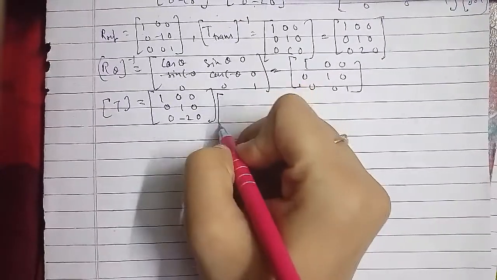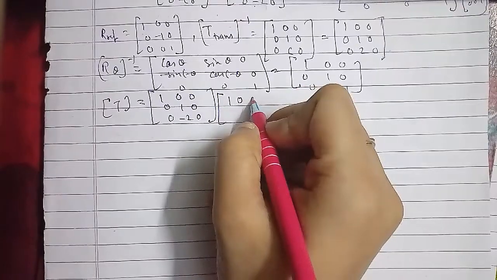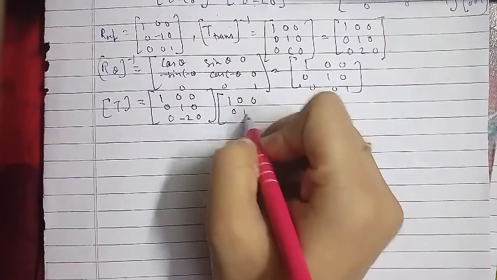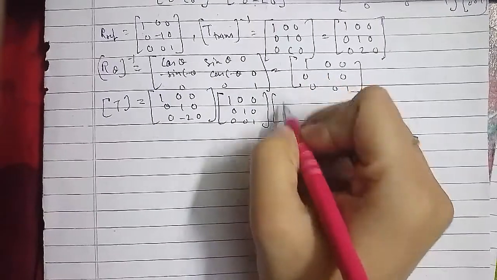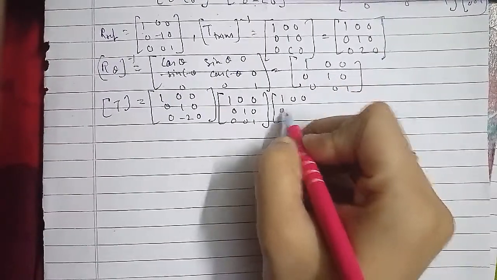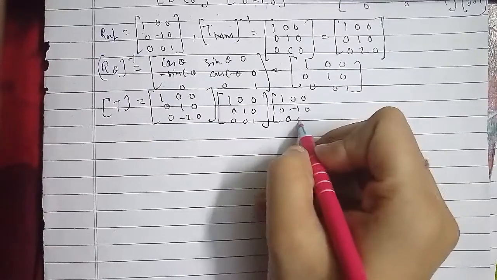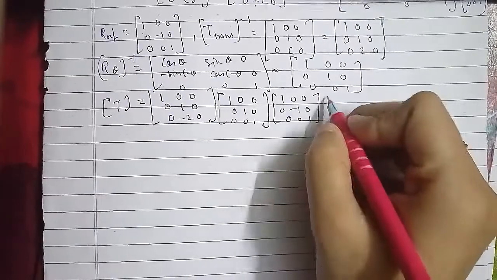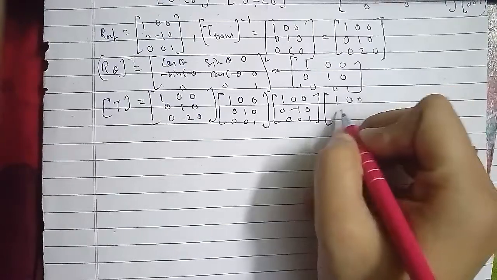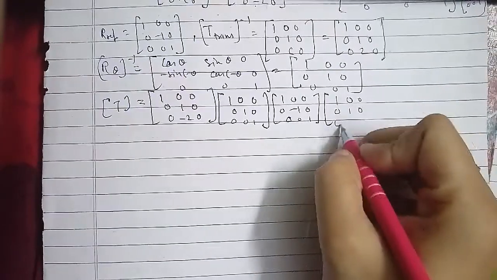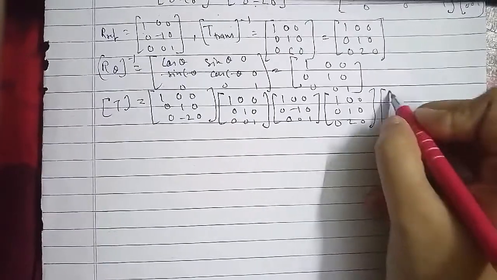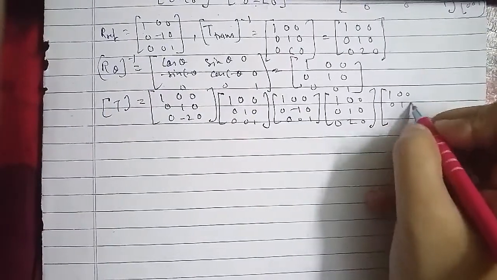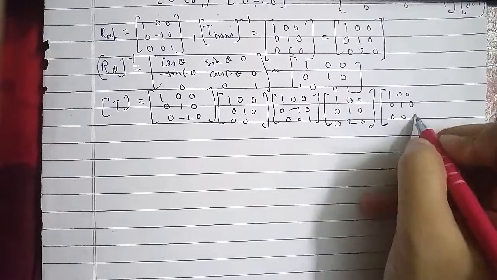Another matrix is 1 0 0 0 1 0 and 0 0 1. The other one we have is 1 0 0 0 minus 1 0 and 0 0 1. Then we have 1 0 0 0 1 0 0 2 0. Then the other we have 1 0 0 0 1 0 and 0 0 1 here. When we simply solve this, we'll get